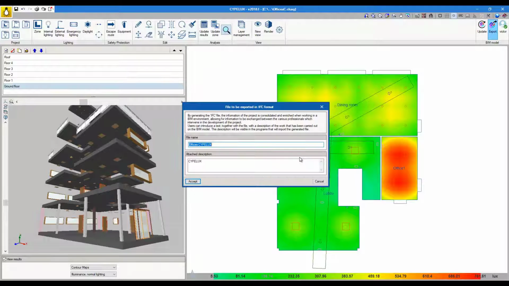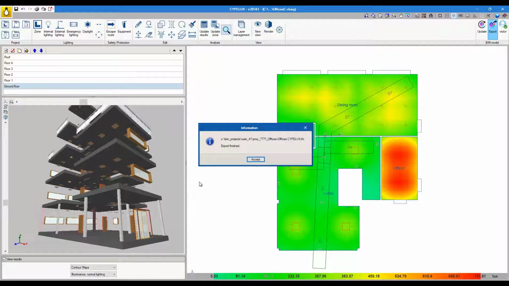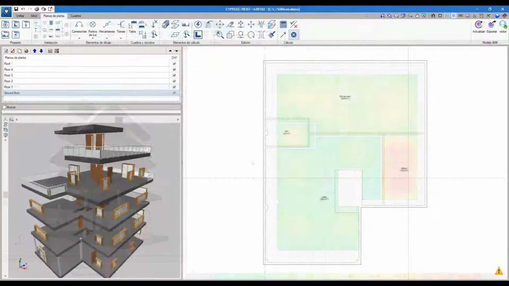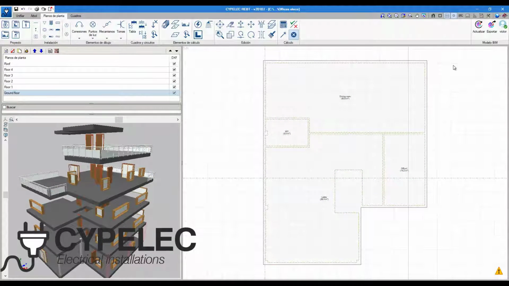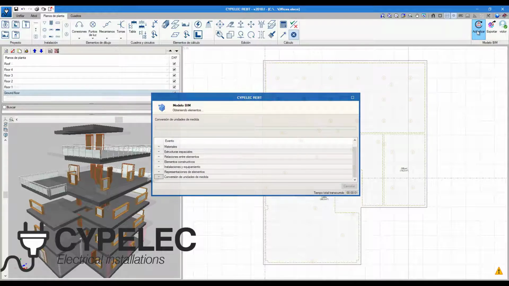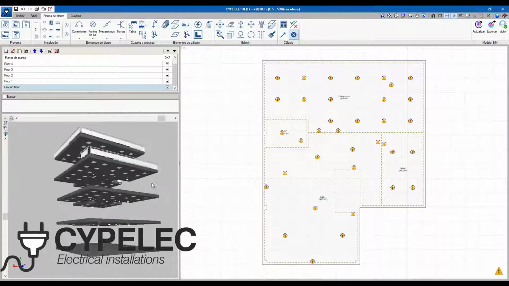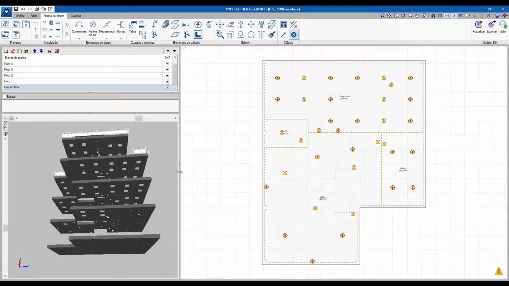CYPE is able to export the data concerning the luminaires used, as well as the results obtained in an IFC file. In this way, it is possible to expand the information stored in the BIM project and consolidate the OpenBIM workflow. This modification in the content of the BIM project can be recognized by other BIM applications, such as the